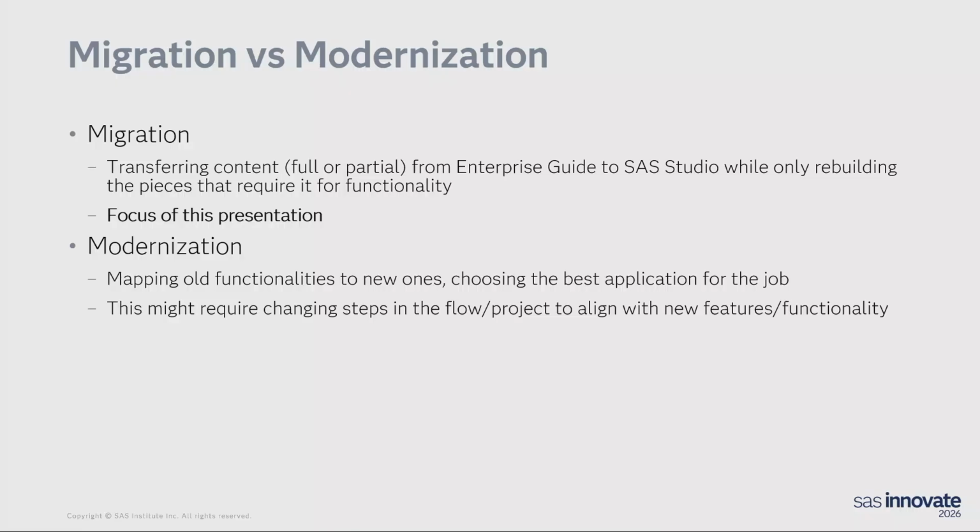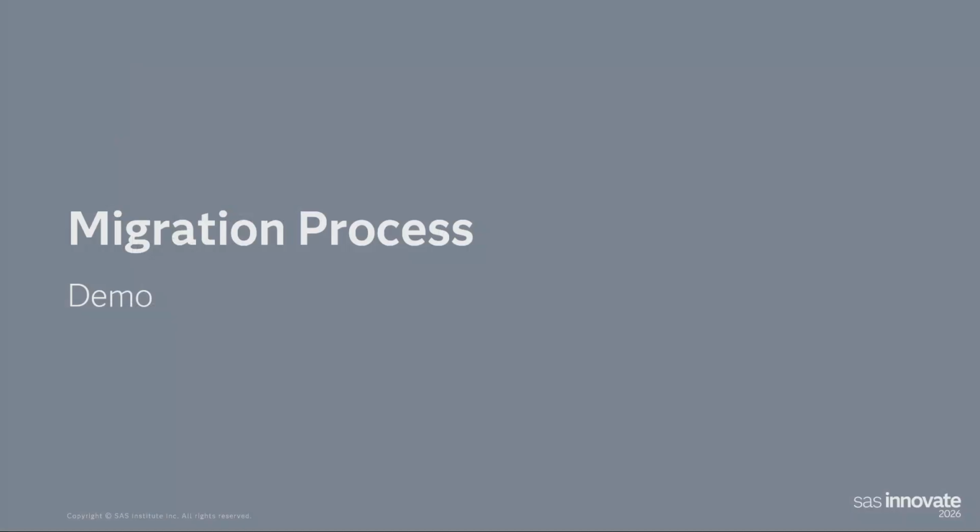Maybe you need to pick up and run all in one go. But maybe you're able to run things in parallel. That will define which path you might want to take. If you can continue running things in Enterprise Guide while you migrate and modernize, versus you're shutting off one environment and going to the other. So we can sit here and talk about it all day, but we are going to have a demo. I recorded it because we always like to make sure things run smoothly.